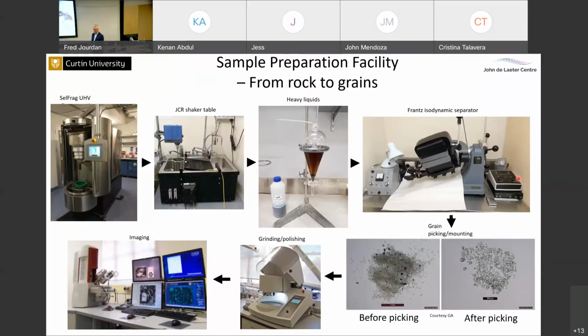We've had a number of them closed down in the eastern states. Macquarie University, for example, ANU, a lot of the key geoscience institutions in this country are getting rid of their sample preparation facilities. We are able to keep it going here at Curtin because of the way we've integrated these into our workflow, but generally they start with using this new technology for us, a SelFrag, ultra-high voltage pulse fragmentation device to break rocks up, and then through a series of standard techniques, heavy liquids, Frantz, to get into grains for mounting, and then we can polish those up and then put on a SEM or a laser